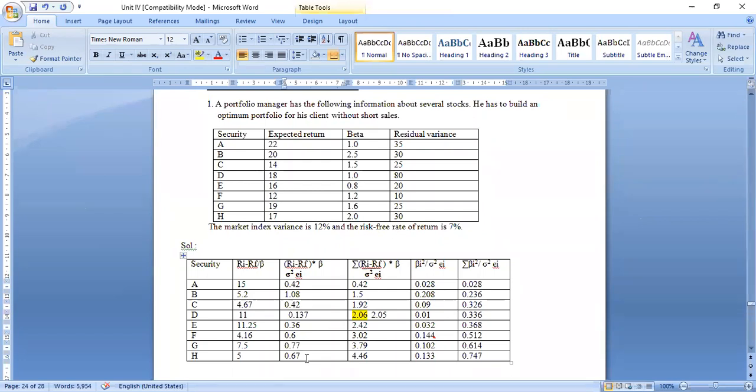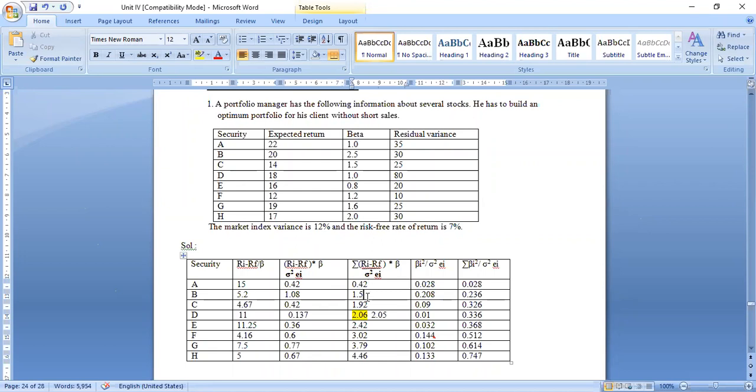Next you have 17 minus 7 divided by residual variance is 30 into 2. That will give us a value of 0.66, which is recurring. You can take it as 0.67. So this is the first part of the numerator calculation. So there we have the summation. Now when it is summation, we are going to take the cumulatives because we have to calculate Ci. So this first value will remain the same as it is, 0.42.